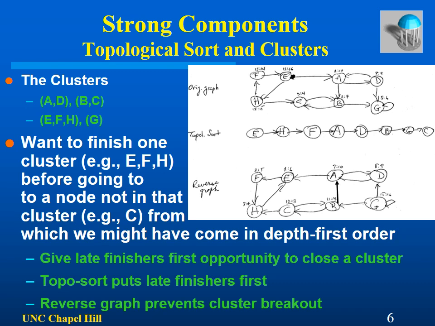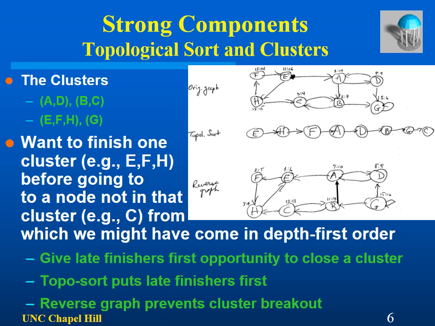You backtrack to A, which has another possibility yet that hasn't been looked at, namely D. D gets opened at time 8. It would look at G, but G's already been examined, so we're not going to go there. So we close D at time 9, close A at time 10,